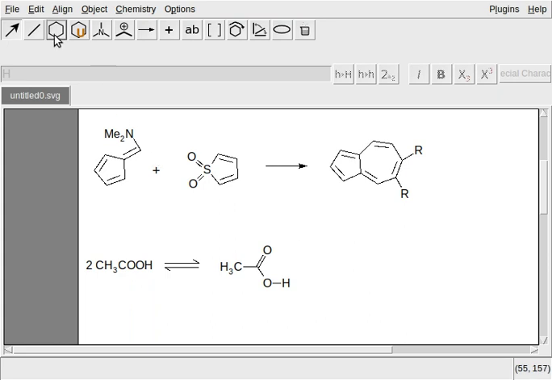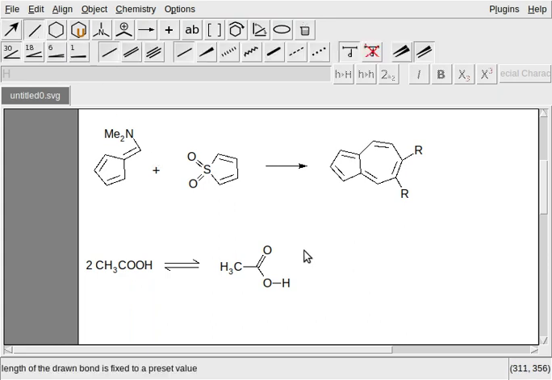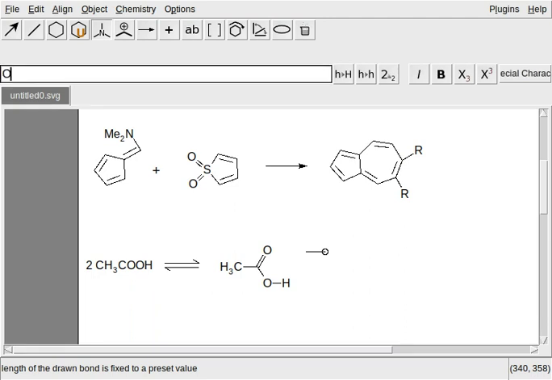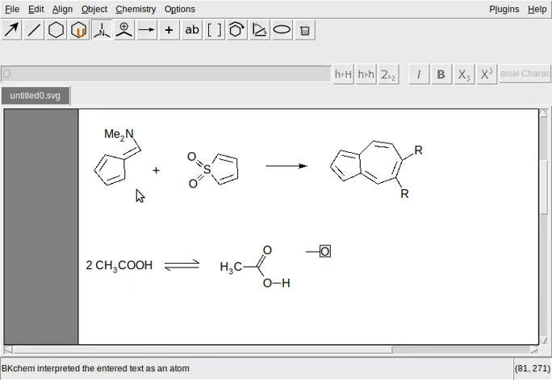HO, let us draw this. It's slightly more length than this. HO. This one, we put the O here. O. This one, we put the H here.